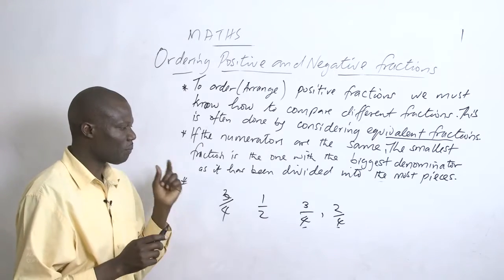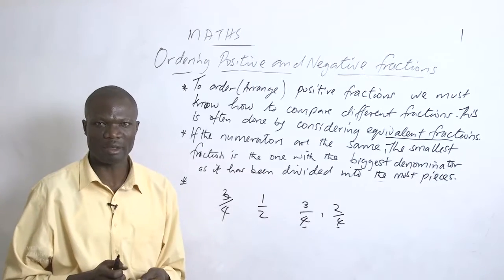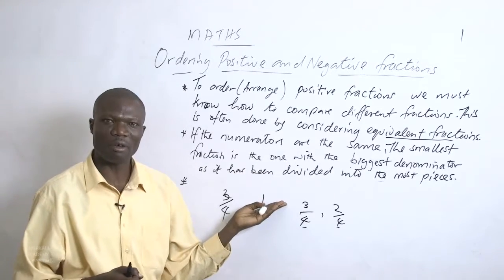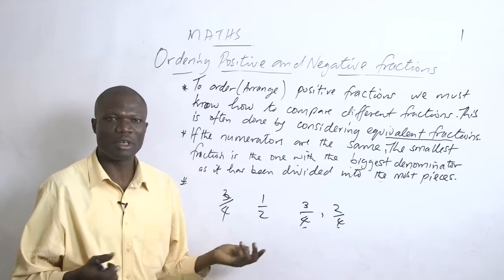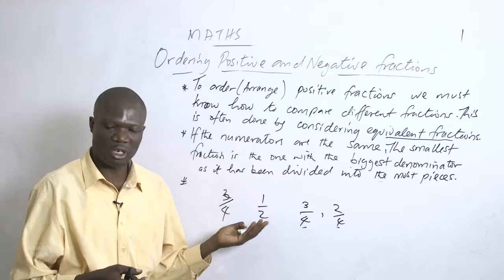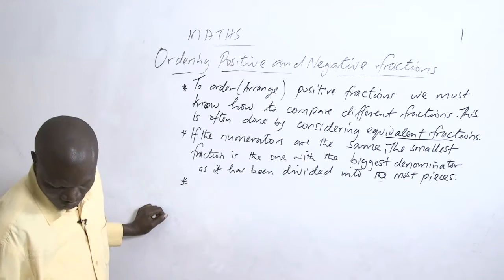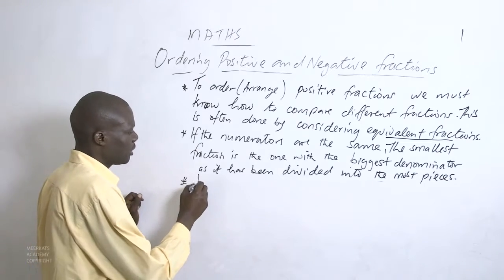We say that if the denominators are the same, then the number with the least numerator becomes the smallest, while the one with the highest numerator becomes the largest. Let us look at that point and put it down. If the denominator is the same,